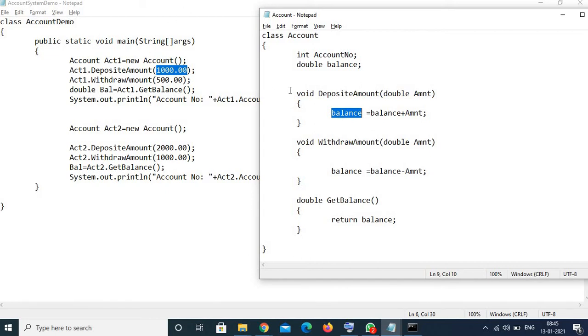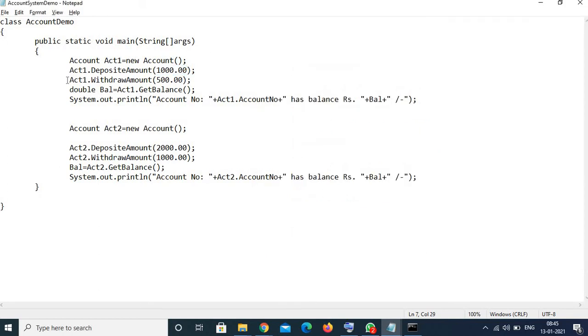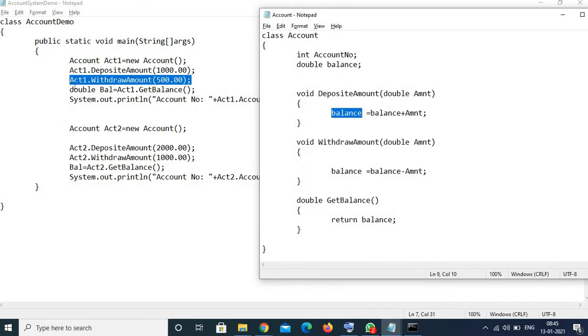Then the execution of this method is done and it will come back to the caller, which is the main method here. It will come back to the next statement in the caller, that is withdraw amount. Now it will give a call to the withdraw amount method with the reference of ACT1. We are sending 500 as an argument, so this withdraw amount would be called with 500 in this parameter.